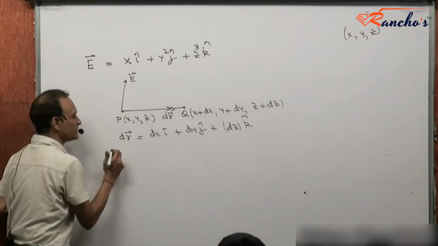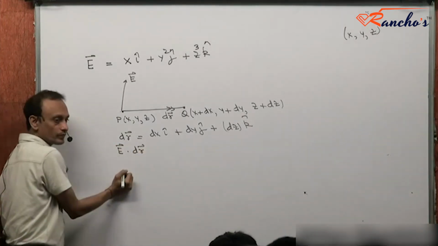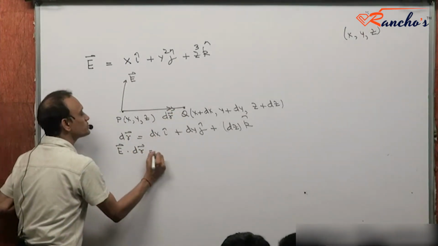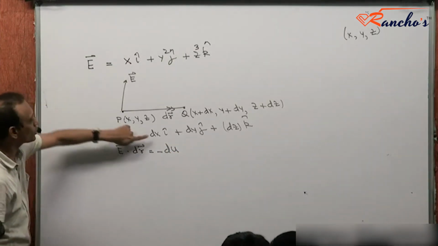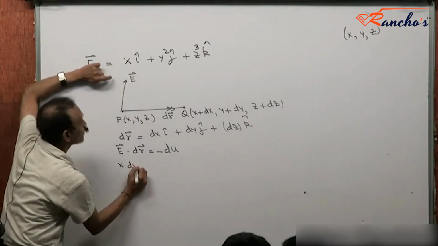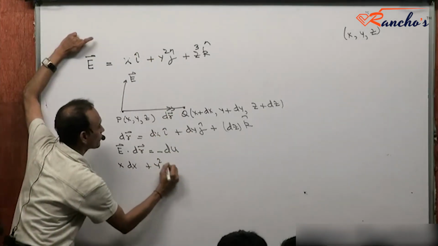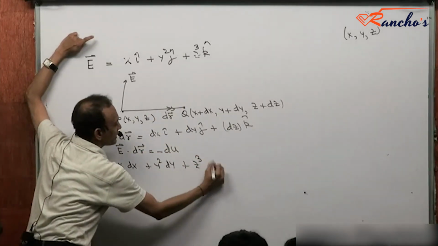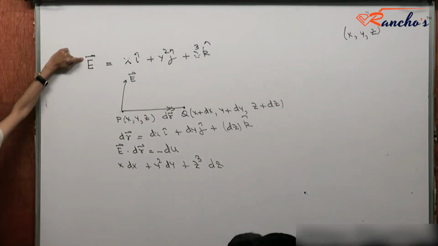So what's the work done by the electric field? Work done by the electric field would be E dot dr, from P to Q. E dot dr, that must be negative of the change in potential. अच्छा, E dot dr मतलब इन दोनों का डॉट प्रोडक्ट लोगे तो क्या आएगा? I dot I is 1, so this will be x dx, right? Dot product x dx, y squared dy plus z cube dz. Yes or no? डॉट प्रोडक्ट लेने से ये आएगा क्या? देखो, E dot dr, ये E है, ये dr है, दोनों का डॉट प्रोडक्ट लो. This is what you get, right?